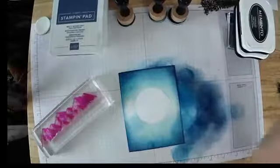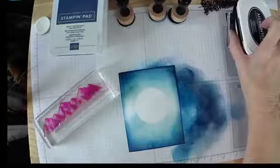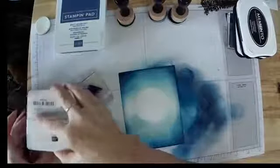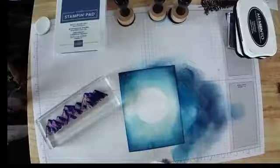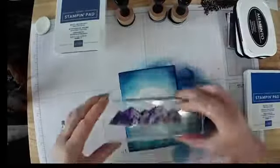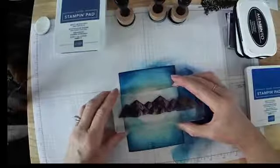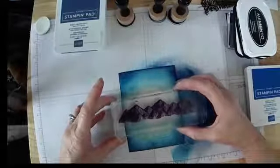Okay, I'm going to put this to the side. Now I'm going to use just, let's use Pacific Point for this part. And I'm going to stamp the moon in Pacific Point. I was thinking about getting the Stamparatus out instead, but this is okay. I'm going to go just like this. I mean, you can do it however you want. Now, when you place this, you want your,